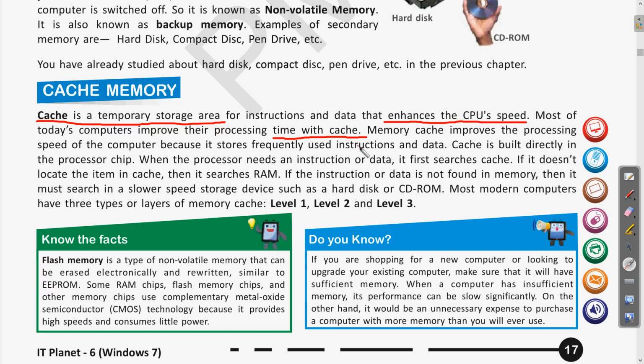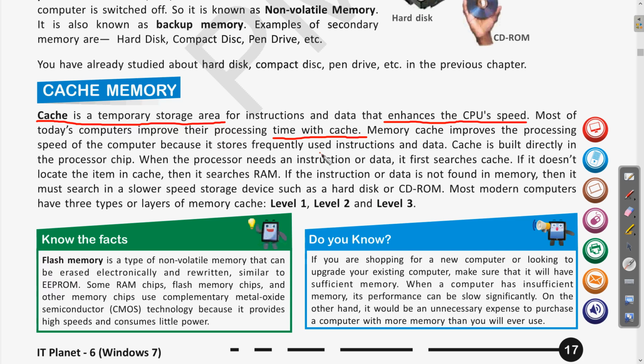And when you fetch it again and again, if it were in the hard disk or in some other storage unit, it would take more time to transfer the data. So to minimize this time, we use the cache memory. Whatever data you are using frequently will be available to you within a fraction of a second.